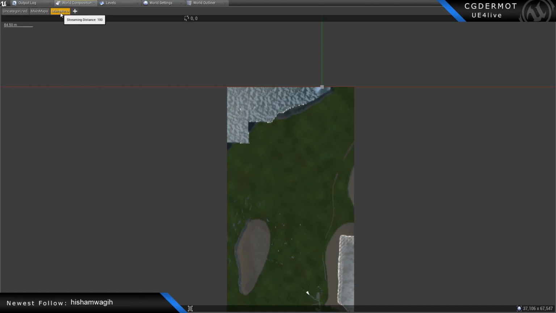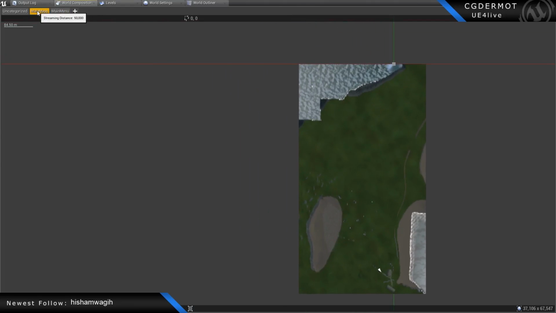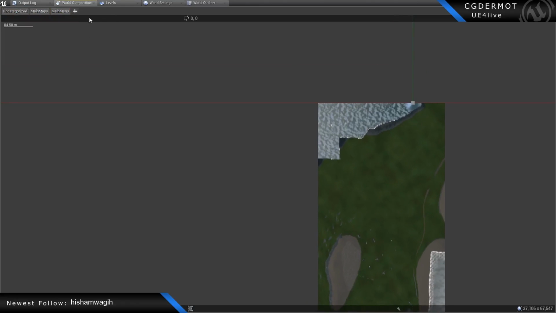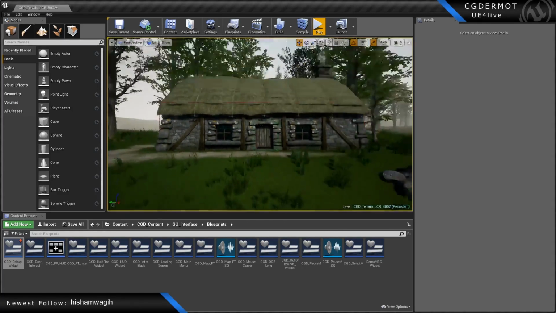So you may notice that main menu has a streaming distance of 100. The level, which includes main menu, is way down underneath the world, where you're never going to get to it, so you're never going to actually stream in the main menu. Main maps have a streaming distance of 50,000 Unreal units, so when we get within 50,000 they're streamed in. Everything else 50,000. I will be adding another layer to this for inside houses, so that we can stream in